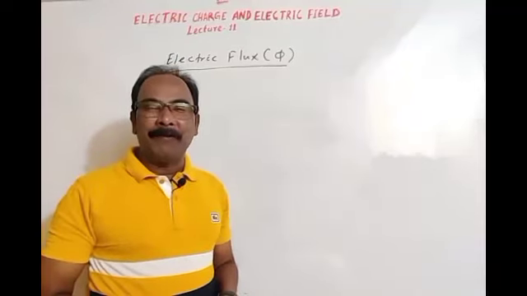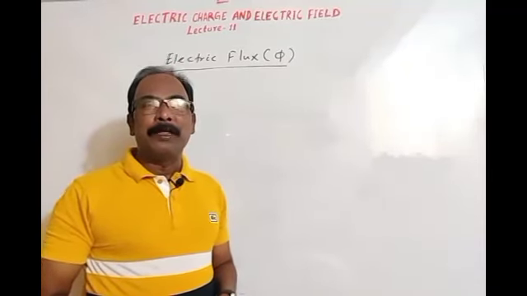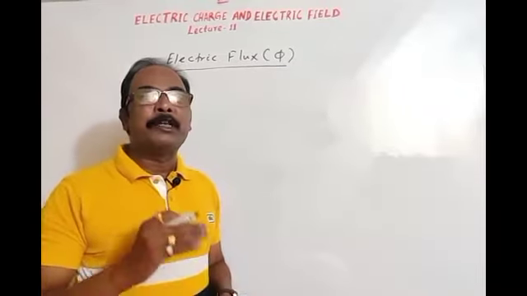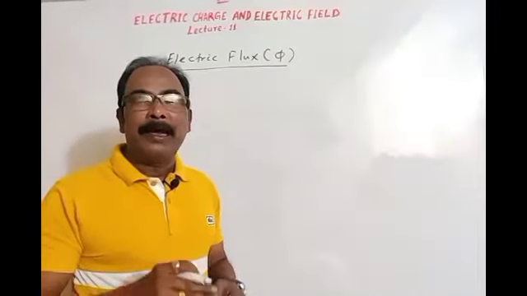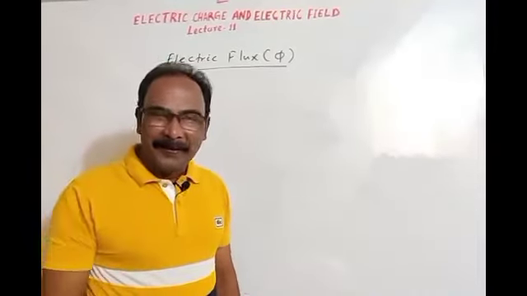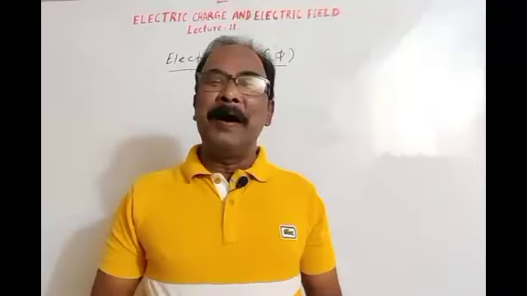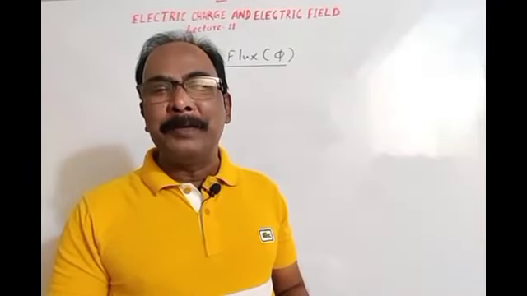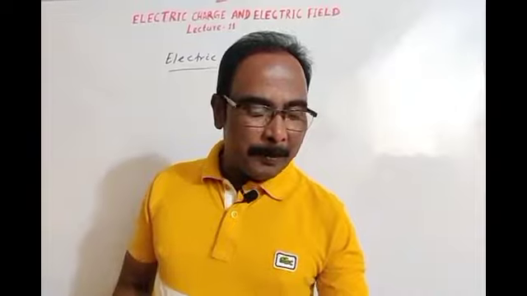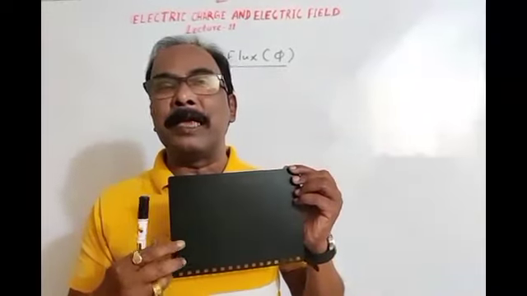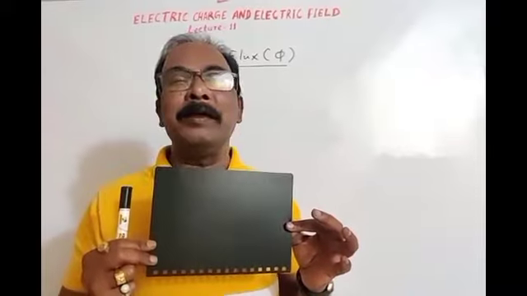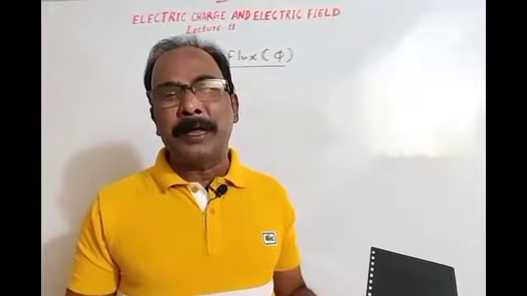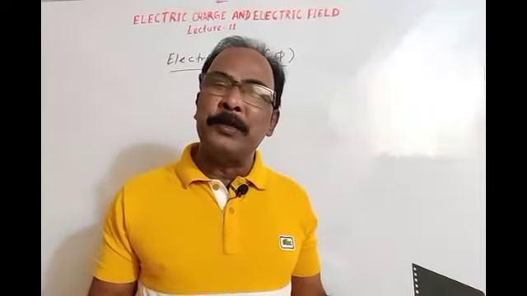But before going to electric flux, let's discuss area vector, which is a parameter to express electric flux. Means to express electric flux we do need the concept of area vector. Okay, area. When we think about area, we think we can express area taking only magnitude. Suppose this is a surface, and the area of the surface is 30 meter square or 30 centimeter square, whatever you may take. Then 30 centimeter square is only magnitude.